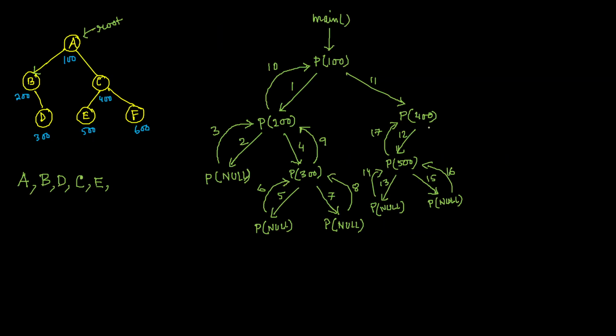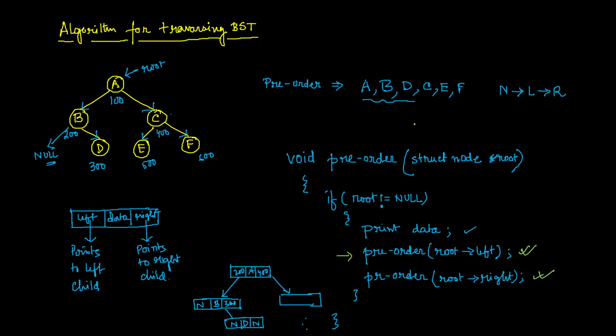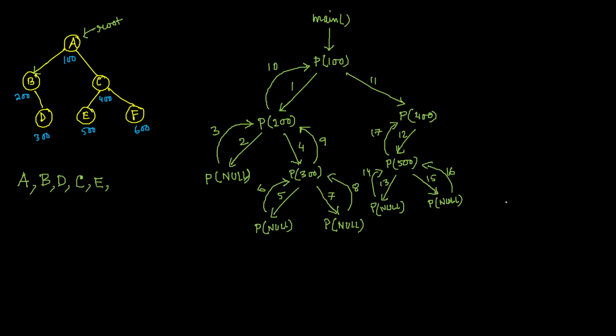So with respect to this pre-order function, calling this line is left. It will call this one naturally, because the control has returned back to this line. Now we will have a call of P, 600. 400 right is 600. And this is not null, so this clone will immediately print this F, I'm sorry, yes, F.